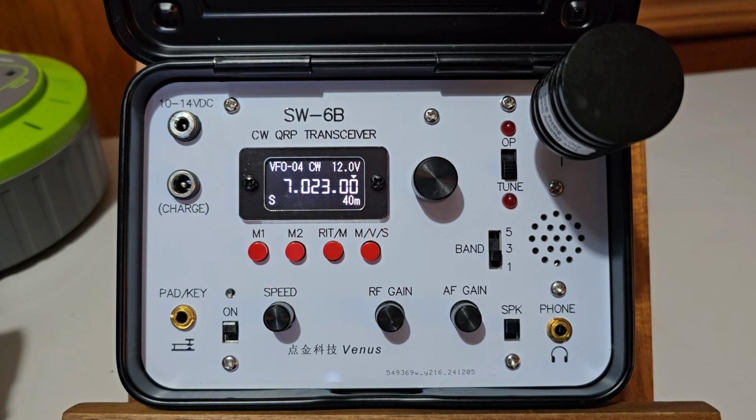My only other gripe was I had to pay customs and VAT to get it in the country. Obviously, I bought the transceiver from Venus, and you pay your postage and packing and shipping and stuff like that, and it comes to X amount, and then you get an email or a phone call to say, well, actually, you need to pay X amount because it's customs and VAT. But that's in the UK, so that only applies to us, I think. Yeah. But once you get past that,